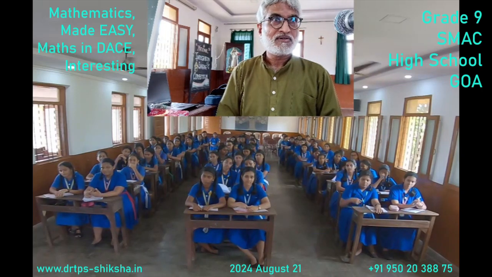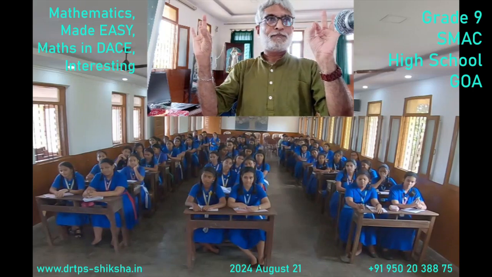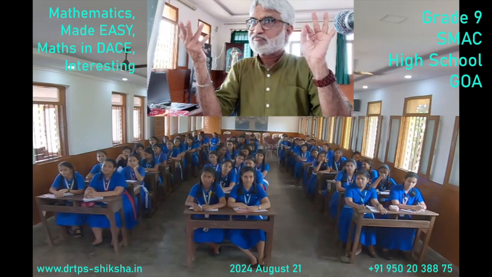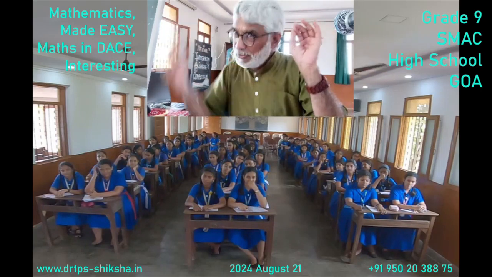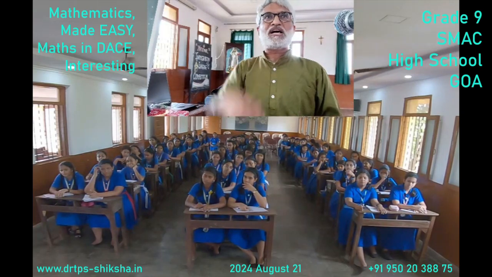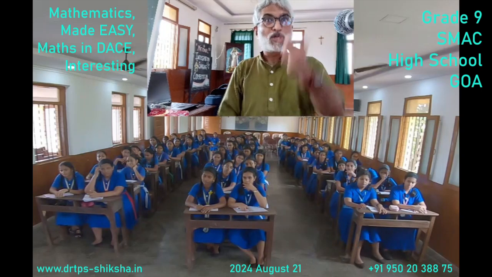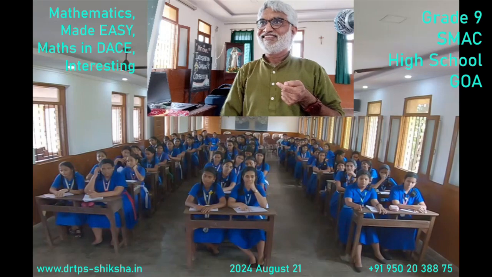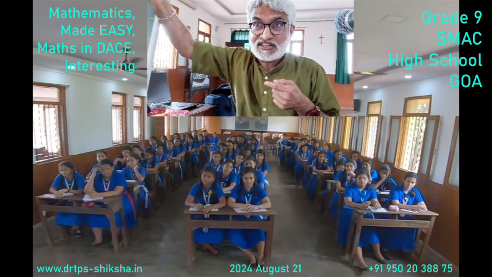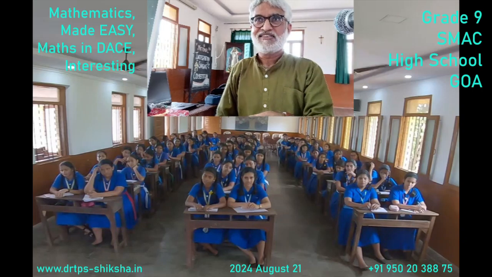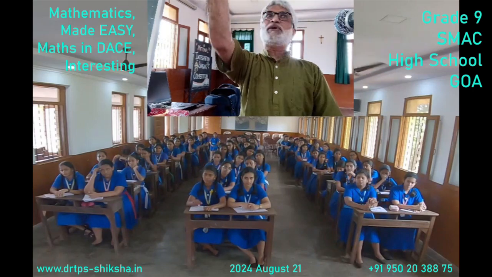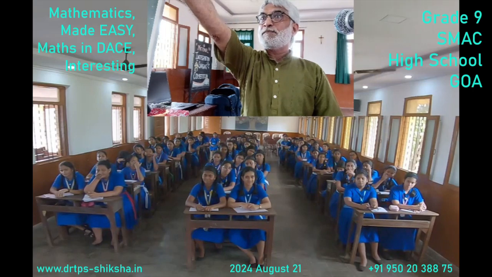Got it? One object moves from here to here. Distance divided by time, velocity. Correct? Divide again by time, acceleration. You are coming to the class, you are walking slowly because your speed is reducing. When you go back, you run. It is acceleration. Speed is increasing. Speed reducing is called deceleration. Increasing is called acceleration.